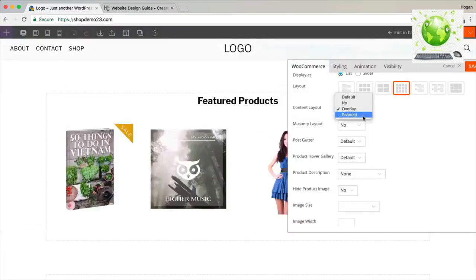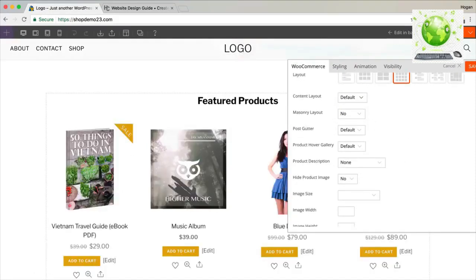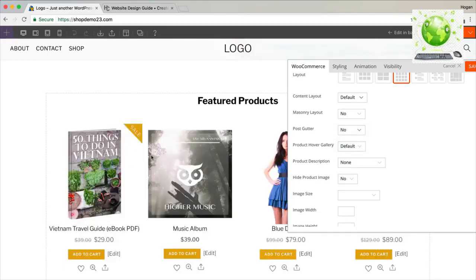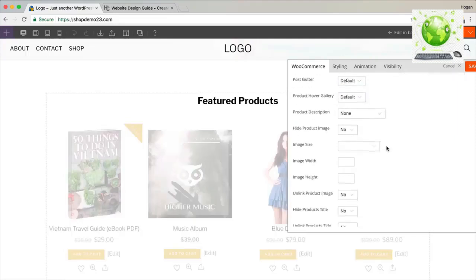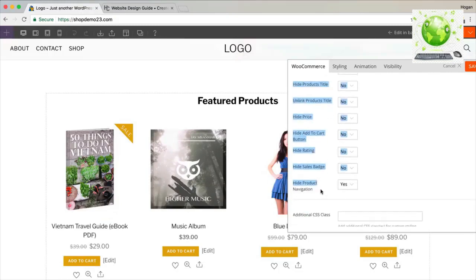So the Polaroid is also similar, but I'm just going to keep it as default. The post gutter is the spacing in between the products, so you can change it to no and everything will basically stick together if we do that. Okay, so there's less spacing in between. I'm just going to keep it as default. So basically you can play around with these settings here and see which one you like best to actually display